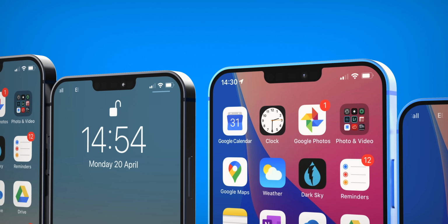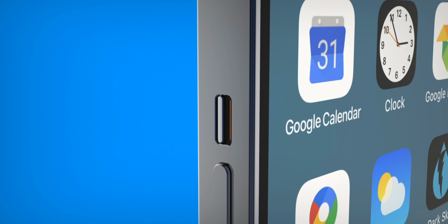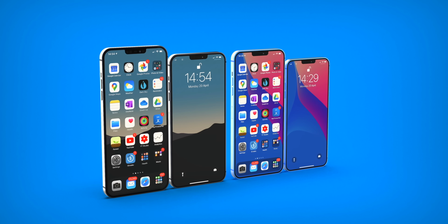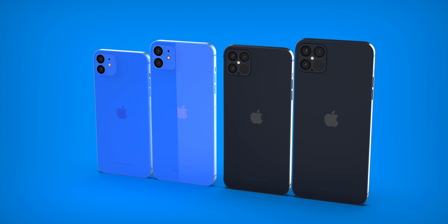Fun fact number 2. I'll stop saying fun facts. But yeah, same design across the board, and also the same notch dimensions. Now, the frame would be made out of stainless steel on the Pro models, and aluminum or aluminium, so that no one gets triggered, on the standard models. So in the end, yeah, there's not that much of a difference aside from the size and the frame between